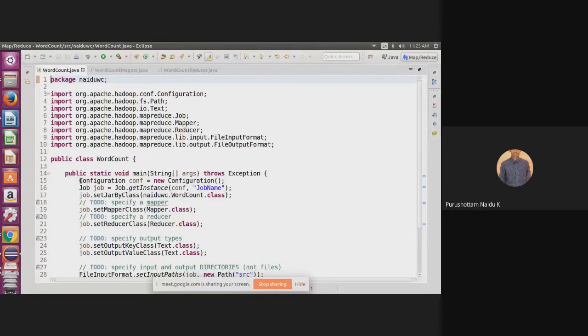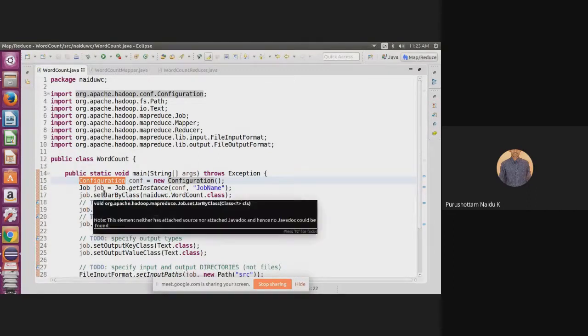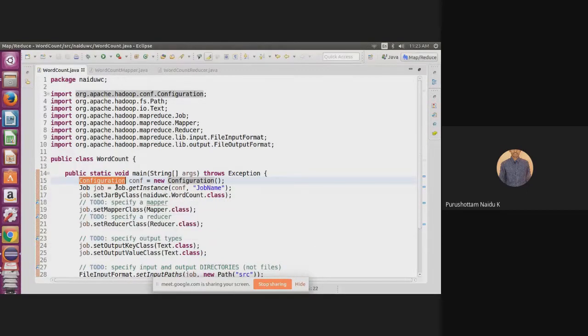In this driver code, we are using a configuration class. This configuration class is mainly used to configure our entire job. And we are also using the Job class. To this Job class, we pass the configuration object, and another argument is the job name.